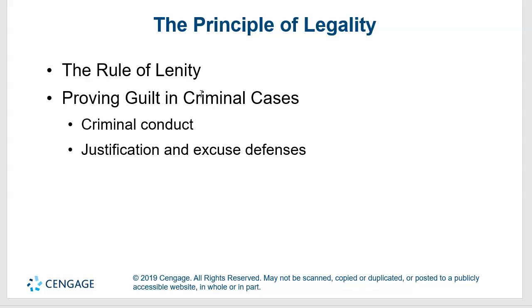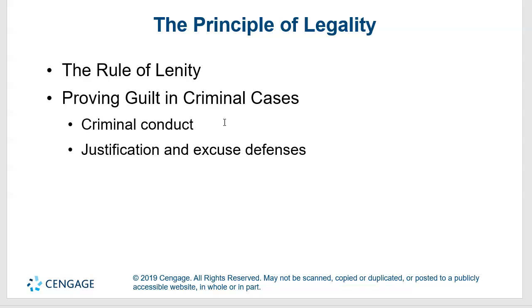Proof beyond a reasonable doubt is the standard in criminal cases. It is the highest standard of proof in any court in the country, and everyone defines it slightly differently. But if you think of a threshold of 80% or higher, you're in the ballpark, okay? So we prove criminal conduct. This high threshold is mandated by the Constitution: defendants are presumed innocent, and the burden of proof